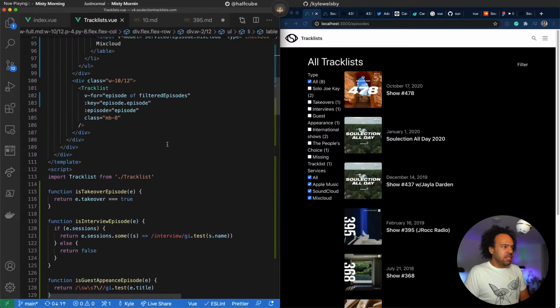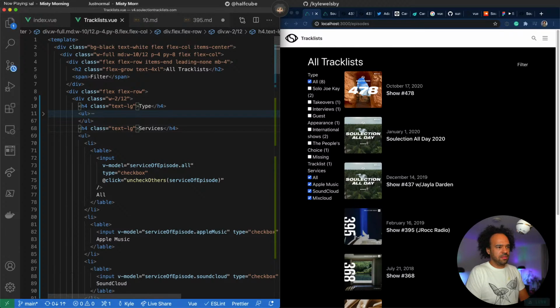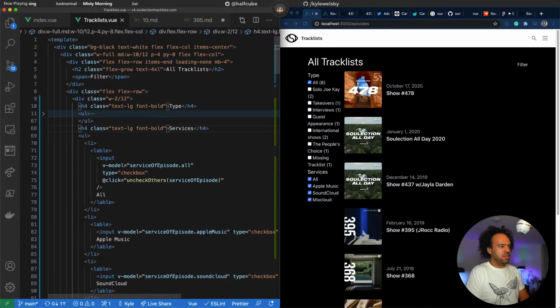And we have a space there. I really want to put in class font. Is it text size? Text large. Let's try that. Font bold.